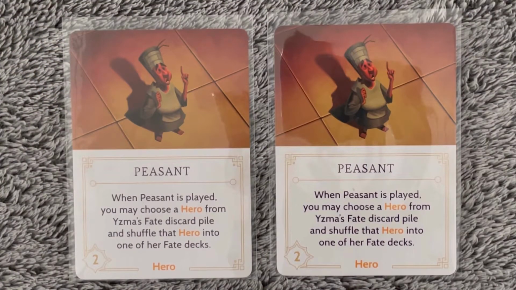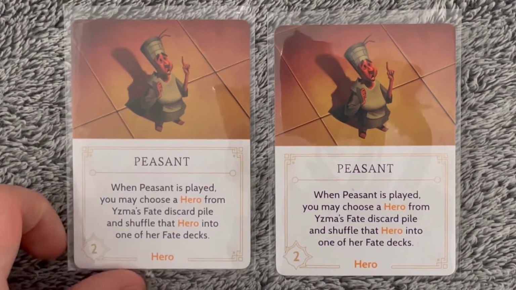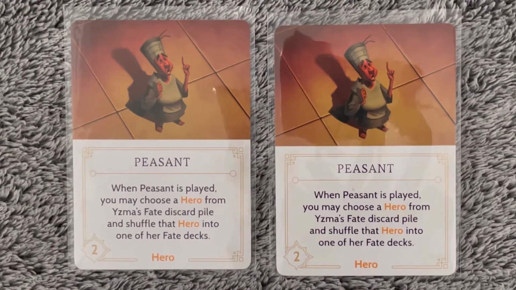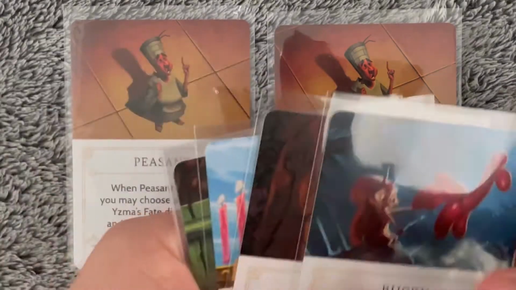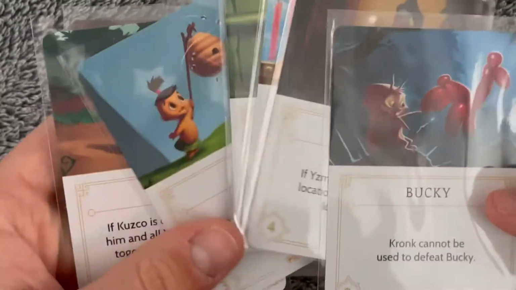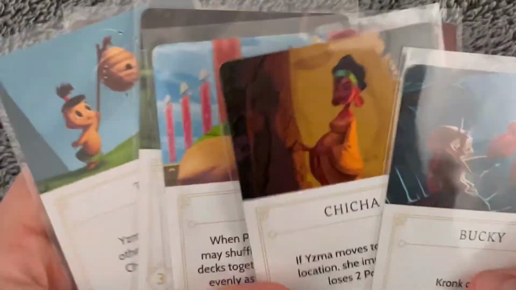Next we have Peasant. When Peasant is played, you may choose a hero from Yzma's Fate discard pile and shuffle that hero into one of her Fate decks. This is a very simple one. If you have any one of these in your discard pile, can't be Cusco, but if you have any one of these in your discard pile,